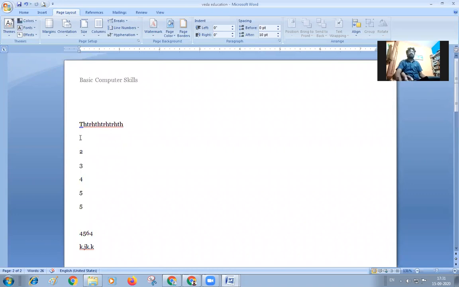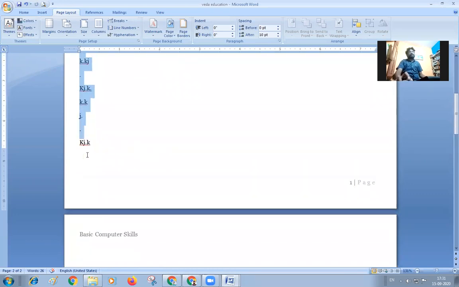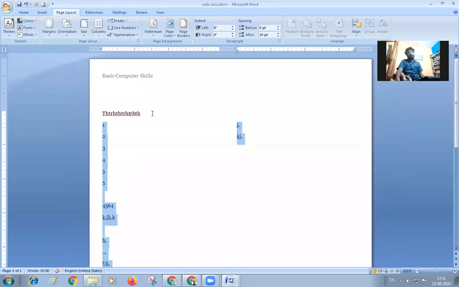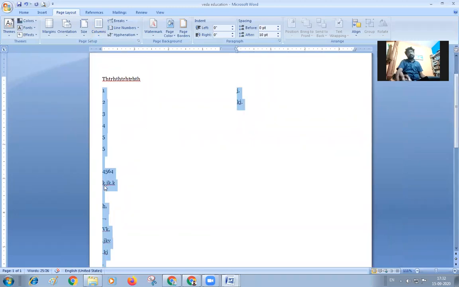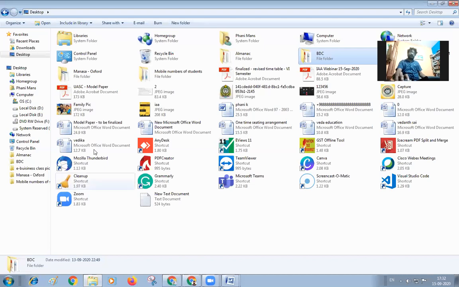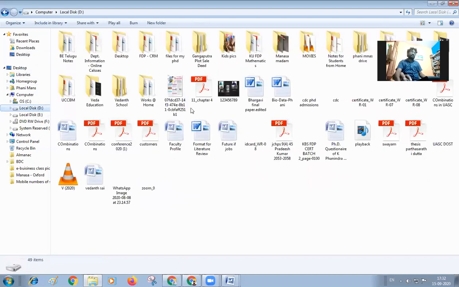How to separate the text into two columns: select the text you want, go to the columns option, click on it, and select whether you want two columns, three columns or any other form. Then click on the two-column size and you can see this. Whenever you enter text from this side, the text goes onto the other side, so the text comes in both ways. I gave the same example in the introduction class.